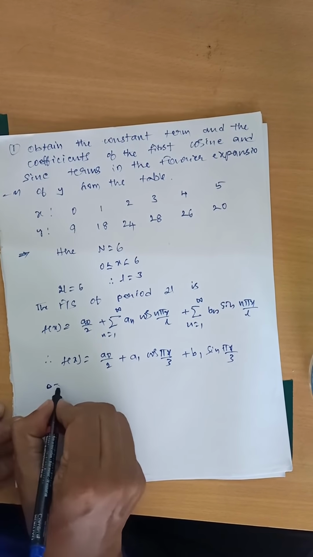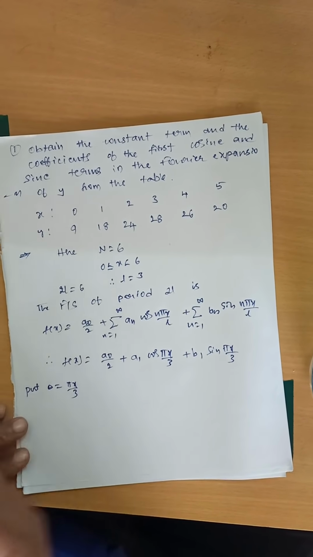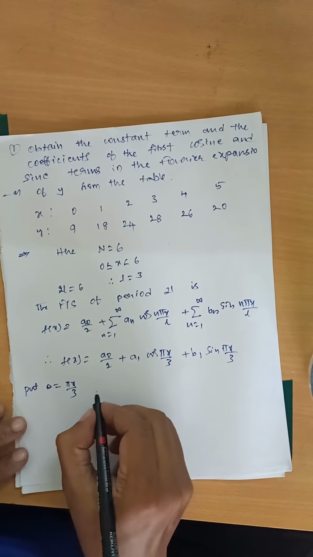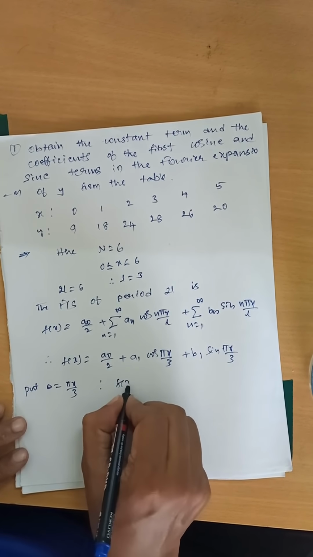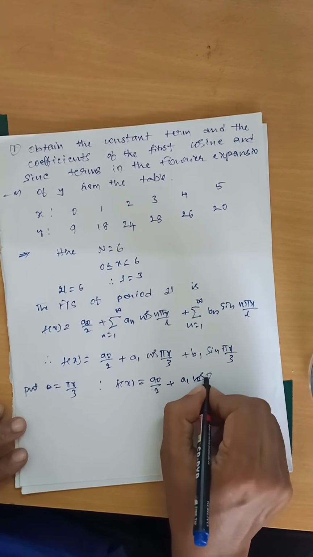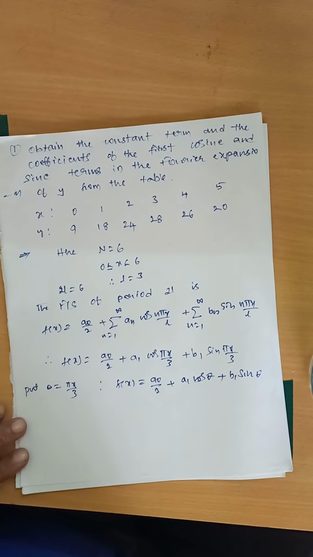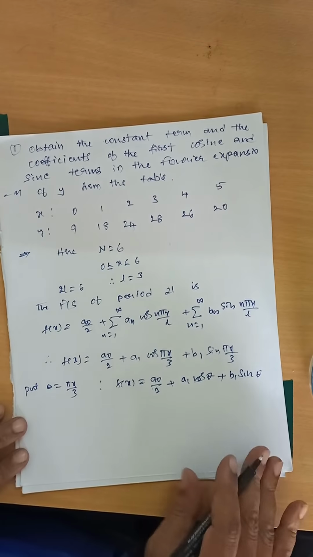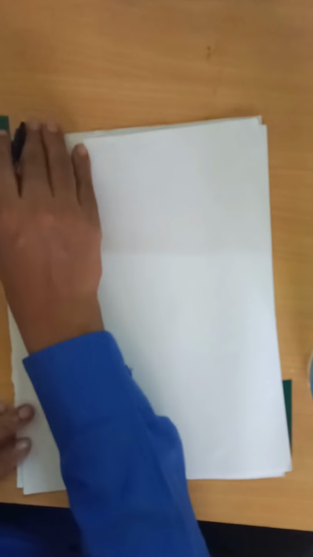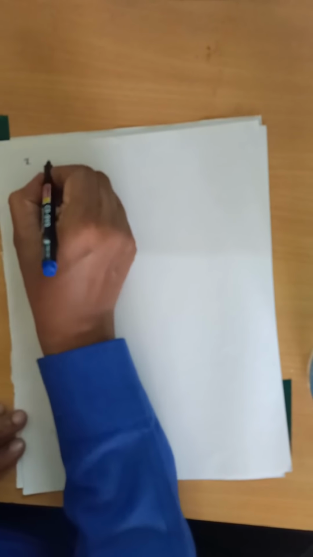Put theta denoted by pi x by 3, f of x is a0 by 2 plus a1 cos theta plus b1 sin theta. We denote theta is pi x by 3. You prepare the table by using x. We denote theta. See here,